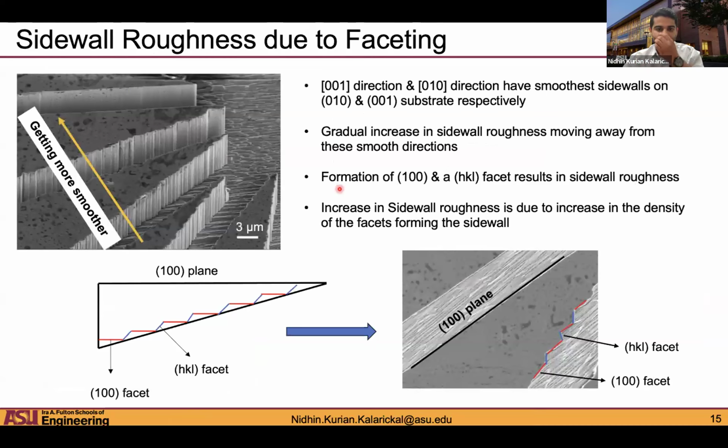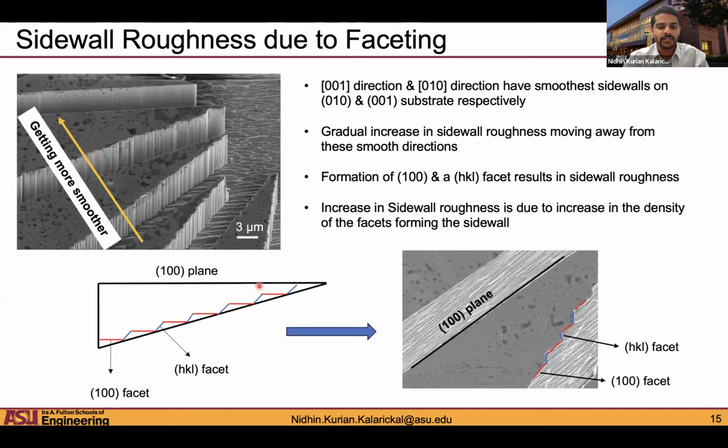And we looked at this sidewall roughness a little bit more carefully. So what we observed is, this is the smooth sidewall that I was sort of talking about. And as you can see, once you move away from this smooth sidewall direction, the sidewalls become progressively rougher, right? And what's happening here, if you look at this figure carefully, is